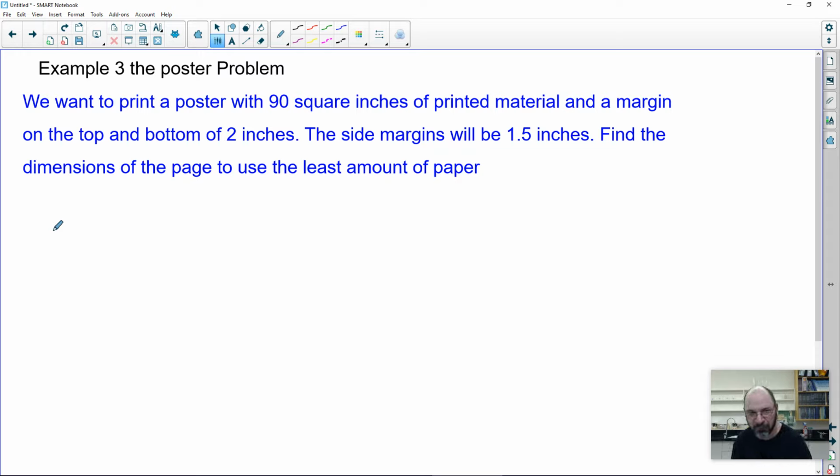So we're going to be doing a min problem this time. And sometimes these printed poster problems can have a margin on the top, say, of 1 inch and the bottom of 3 inches. So keep that in mind when you're doing your drawings. Okay, so the first thing we should do when we're doing this, and I'll let you get that down, first thing we have to do is to take the derivative of this particular,